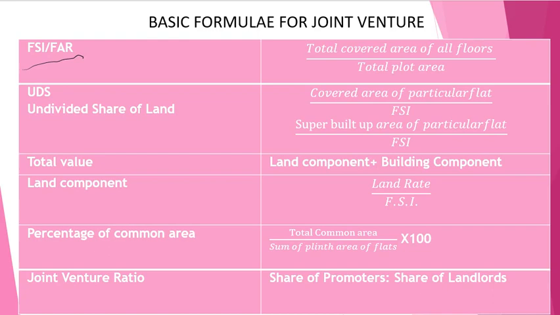As an engineer or as an architect, you know FSI or FAR. This is equal to total covered area of all floors divided by total plot area. Then undivided share of land. So what happens? Let us suppose that this